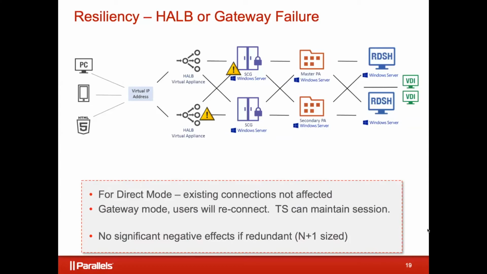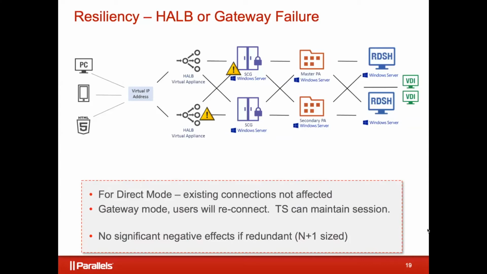New users coming in shouldn't notice either, because they'll get routed through the surviving components, right? So maybe you have a hypervisor host go down that took down one load balancer, one gateway, but your other host is up with another gateway and load balancer. The users will automatically go that direction. We're good. So if you're in direct mode, users won't even notice anything. If you're in gateway mode, they'll notice a little bit, but not much. New users coming in won't notice in either mode, right? Because they're just going to get routed to the surviving components.